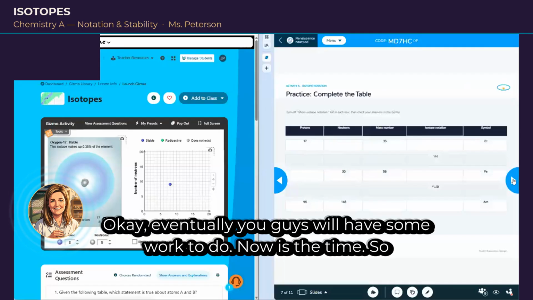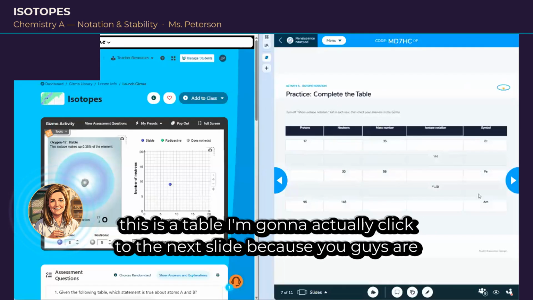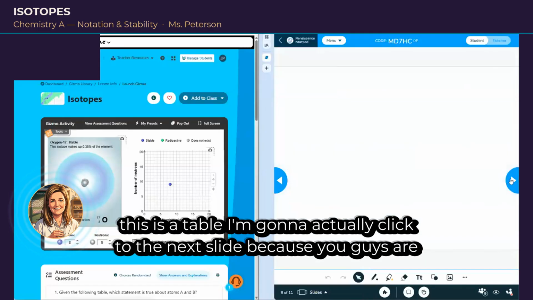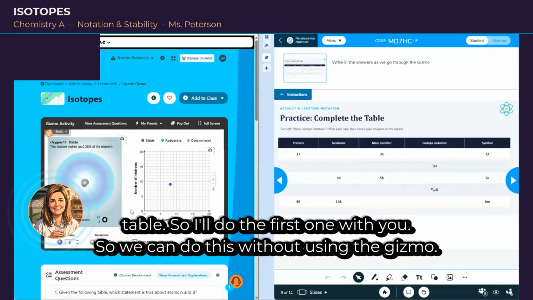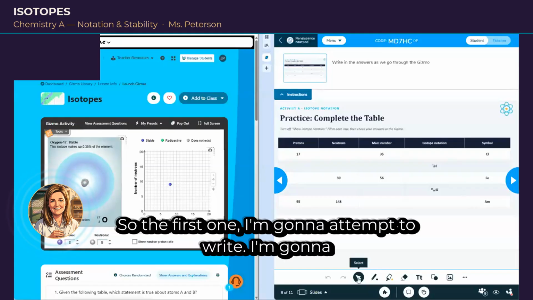Now is the time. So this is a table. I'm going to click to the next slide because you guys are going to fill this in. You can use the Gizmo to help, but you're going to complete the table. So I'll do the first one with you. We can do this without using the Gizmo. So the first one,